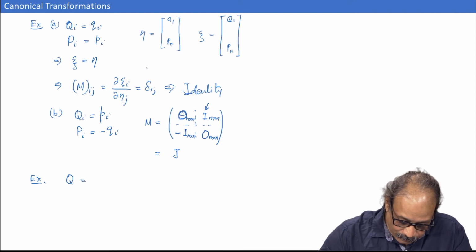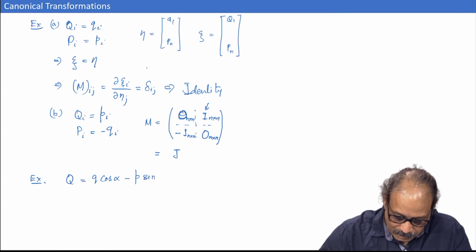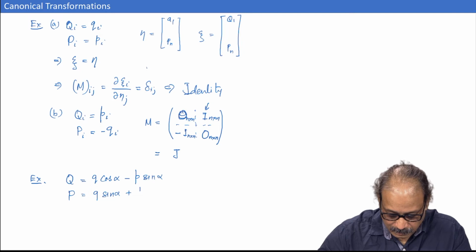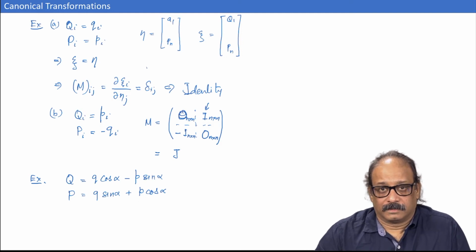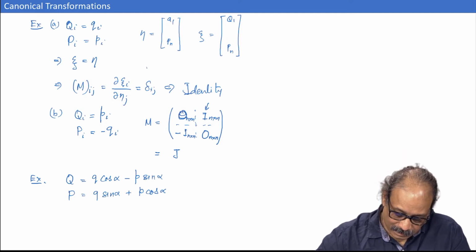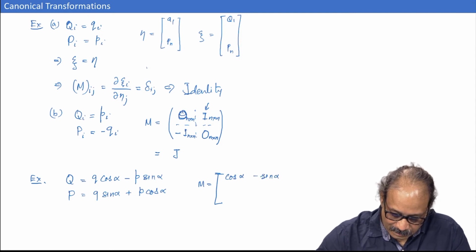So, capital Q is small q cos alpha minus small p sin alpha, and capital P is q sin alpha plus p cos alpha. And what is the Jacobian matrix for this? That is again very simple. We can straight away write it down just by inspection, because there are only 2 variables there. So, this would be cos alpha, minus sin alpha,